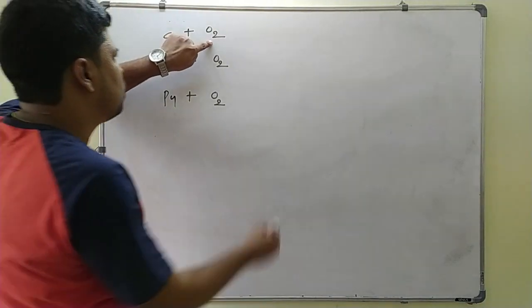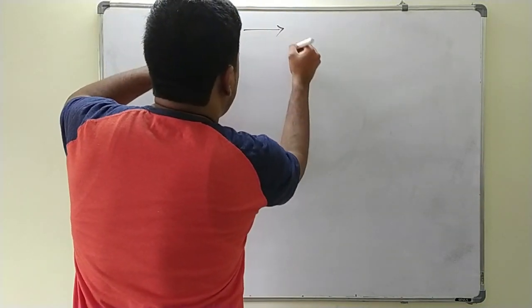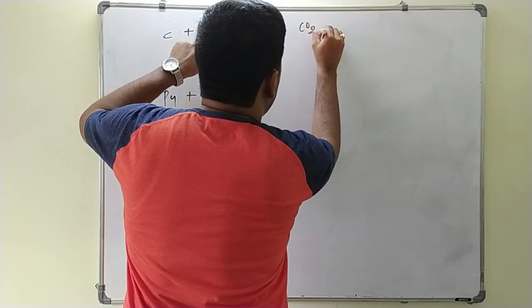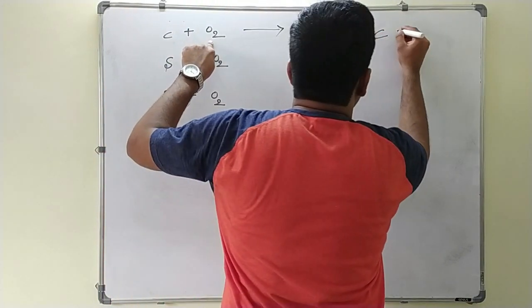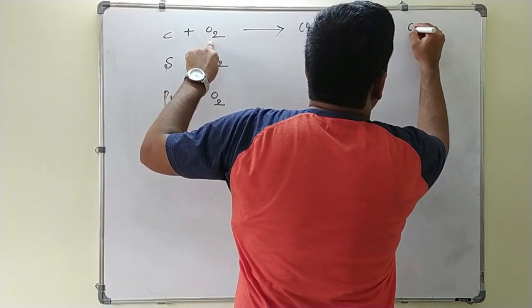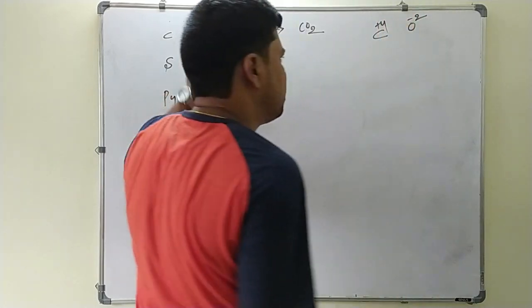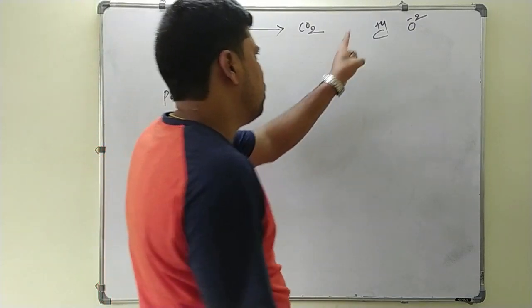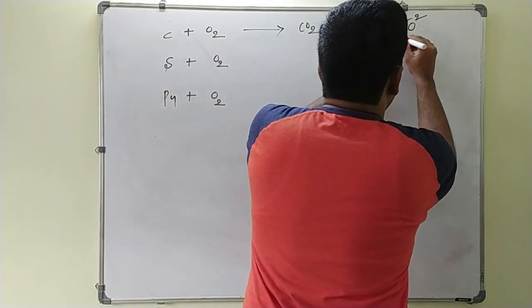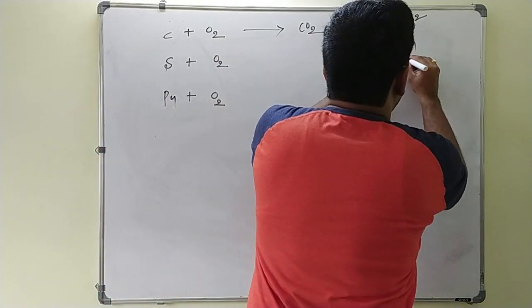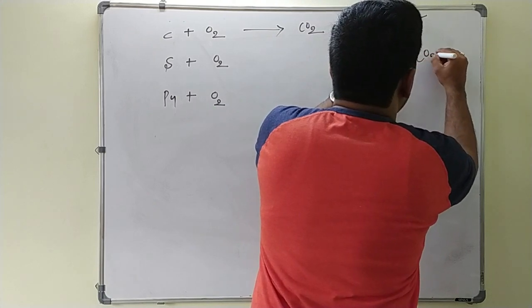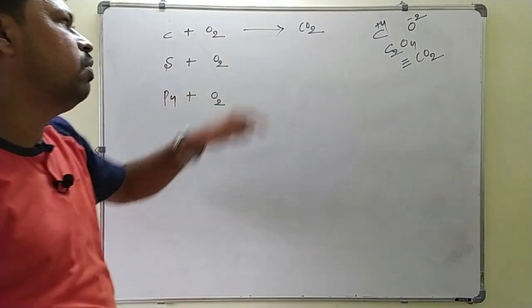Carbon combines with O2, it will form what here? Carbon dioxide. This is CO2 because carbon is electropositive as compared to oxygen. This is -2 and this shows what? The +4 oxidation state in the excited state. So it will form C2O4, and this can be equivalently written as what here? CO2. So you have to write CO2 here.